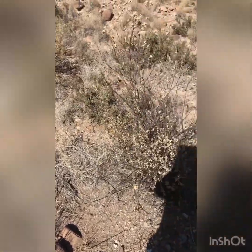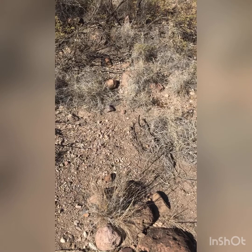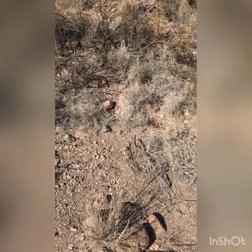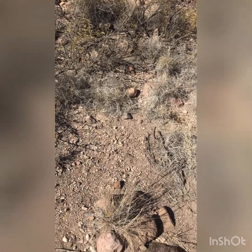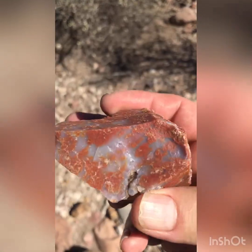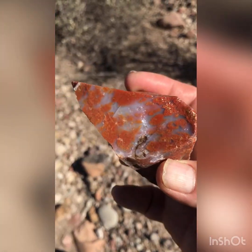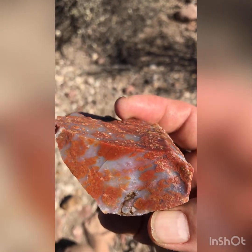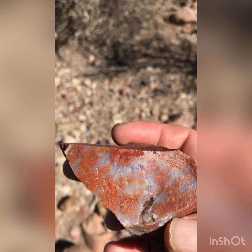This is another day of Bill and Penny's excellent rock hounding adventures. I have been getting skunked all day and have been listening to my wife say, "Oh, look at that. Oh, that's beautiful. I'm keeping it." And I have found nothing. I mean, nothing worth taking home. But I did run across this little piece right here. And let me see. I do think that might be worth taking home and cutting. So, I'm just going to